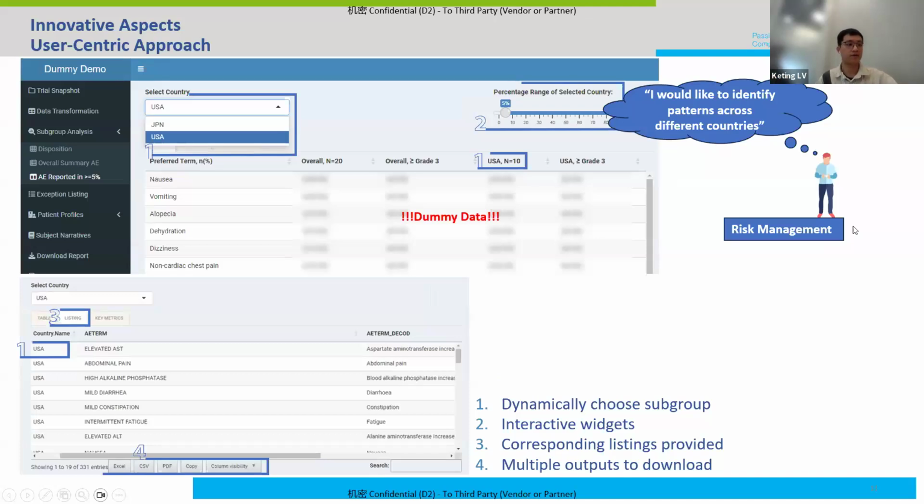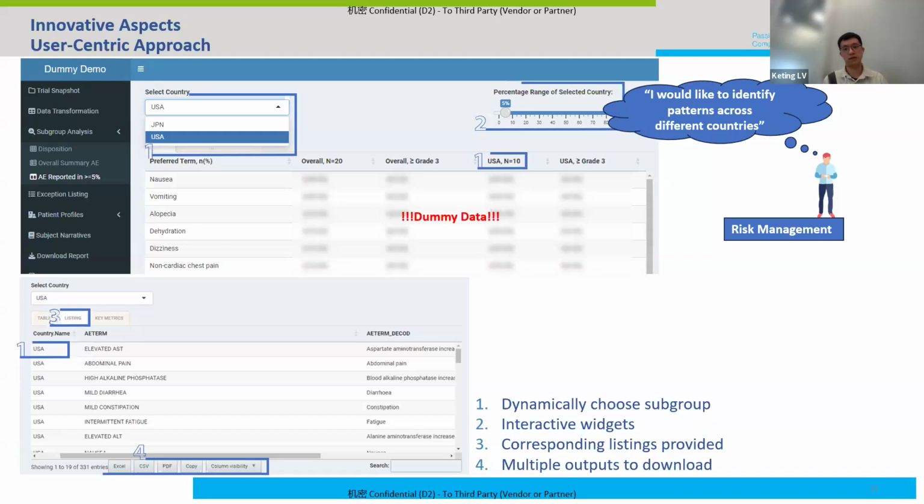Another feature of this app is the user-centric approach. For example, if a local study team in Japan needs to create specific data outputs to ensure quality, consistency, accuracy, and completeness of data in local patients, this tool provides a flexible, easy-to-use option to review Japan-only outputs. It bypasses the manual calculation process or the wait for the EDC data to go to SDTM, ADaM, TFL, the long process, and the waiting for the validation and the data transfer between the sponsors and